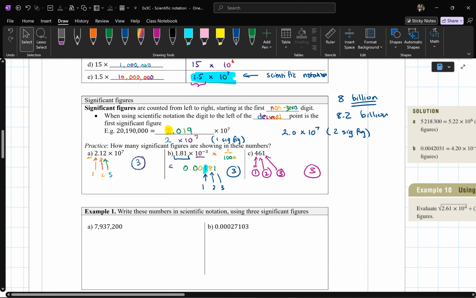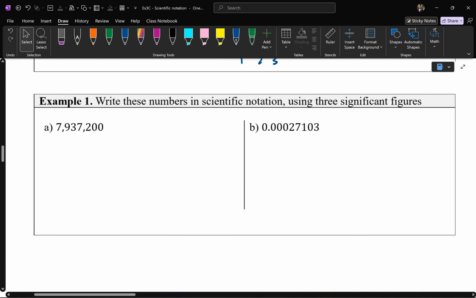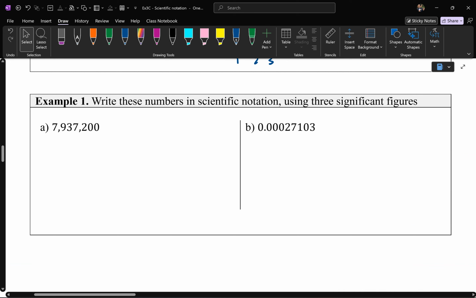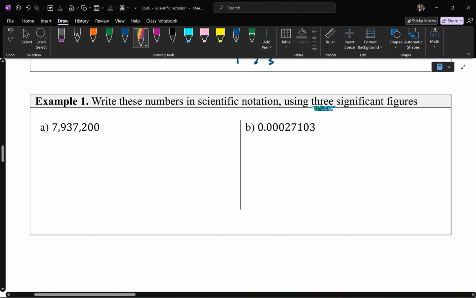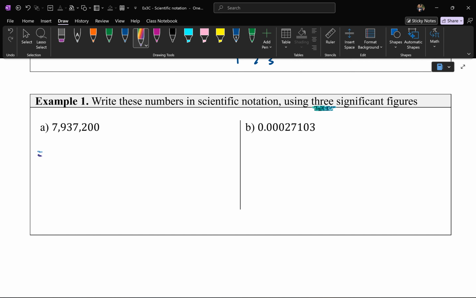All right, let's do some examples together, team. Next question, example 1, first page. Let's go through. Write these numbers in scientific notation using 3 significant figures. Remember, in scientific notation the number has to be between 1 and 10. Have a think. What should the answer be? Yes, Una? 7.937 times 10 to the power of